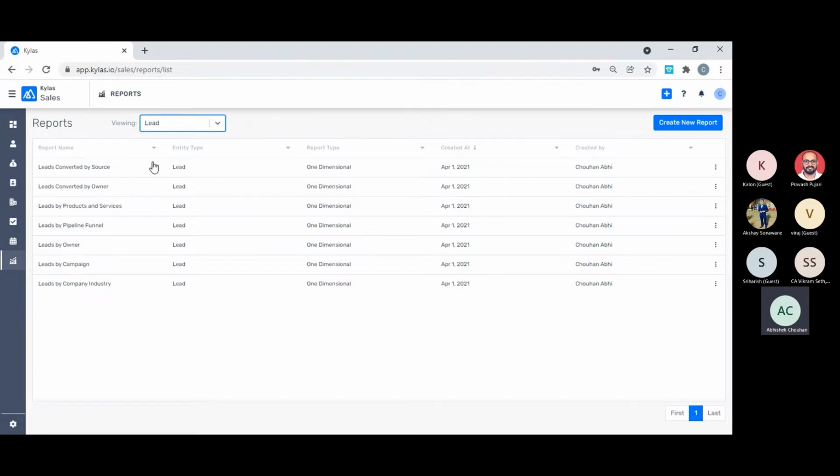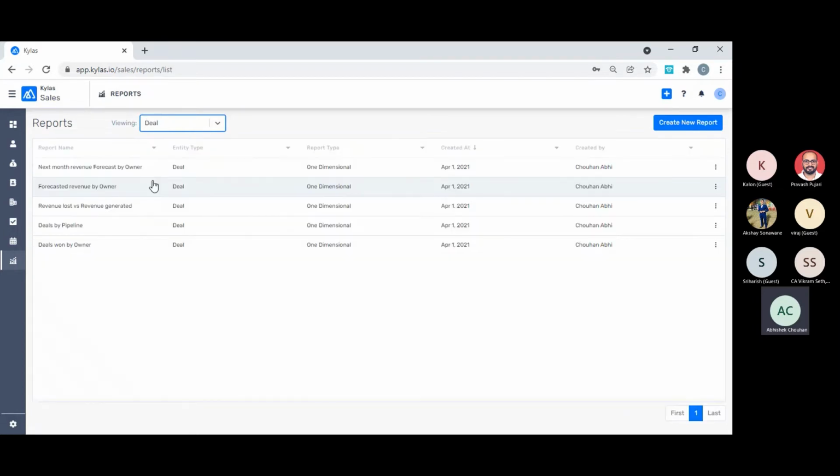For example, for leads, you see these many reports readily created for you the moment you sign up. If I go to deals, we see these many reports. I'll go to some of the reports one by one and explain what every report means, and at the last, I'll cover how we can create our own reports.